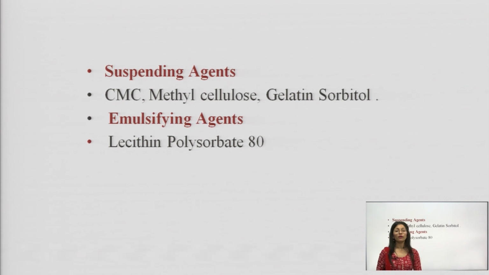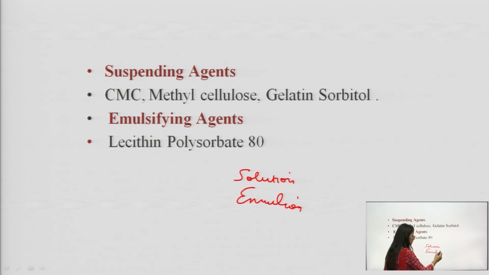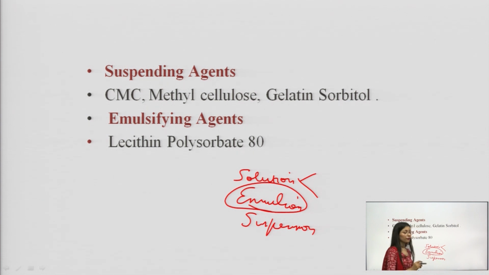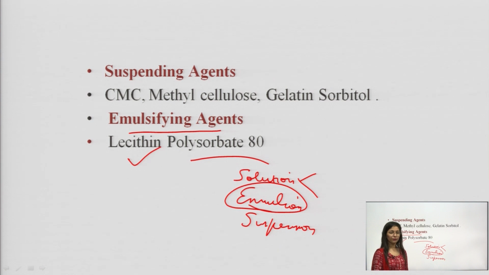I told you we have formulation. That formulation comprises of, it can be a solution also, it can be emulsion also, parenteral products, it can be a suspension also. If your product is solution, obviously there is no point of getting a solubility issue because we have aqueous and non-aqueous solvent for them, right? Whereas in case of emulsion, we have emulsifying agents. These emulsifying agents maintain the stability of a particular formulation. Example is lecithin, polysorbate 80. Okay, this is what your particular emulsifying agent is.